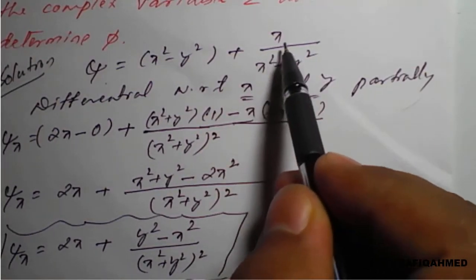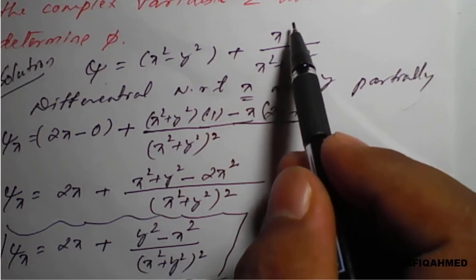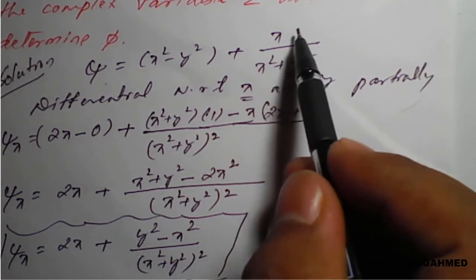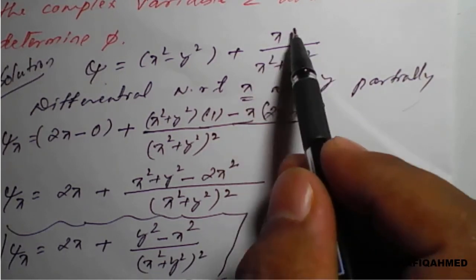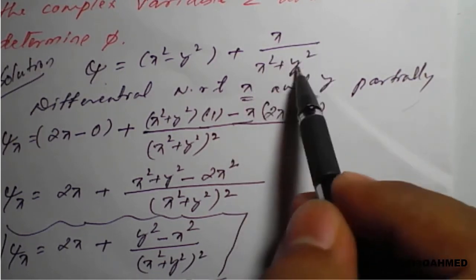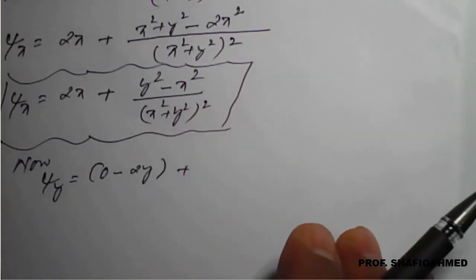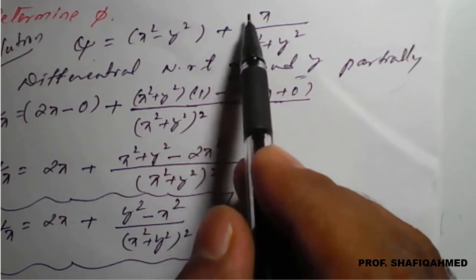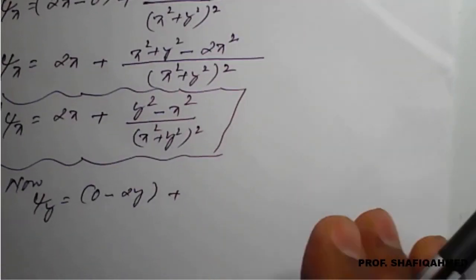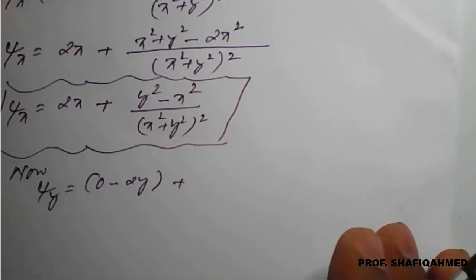So x is a constant here, so you have to go for differentiation of 1 upon y square. Because here all x are constant, so constant divided by 1 upon y square, that derivative we need to apply. So because here x square is a constant, the partial derivative will become